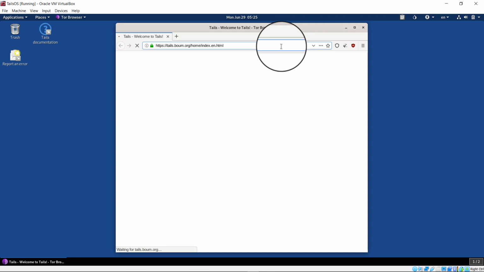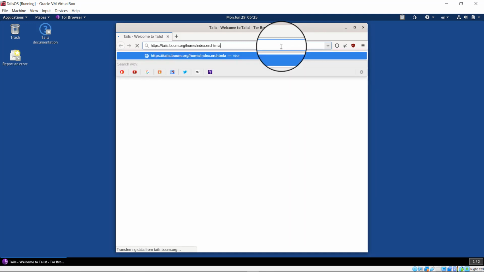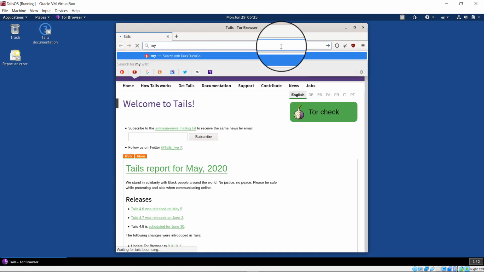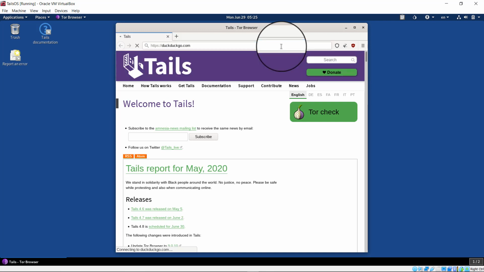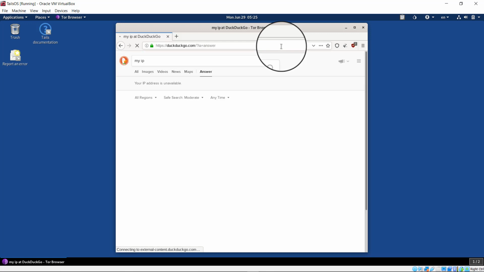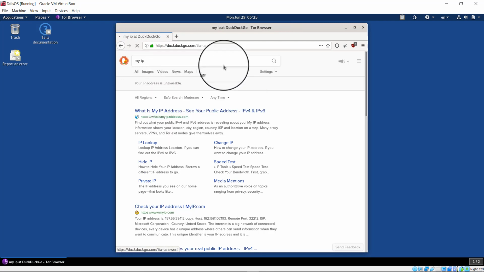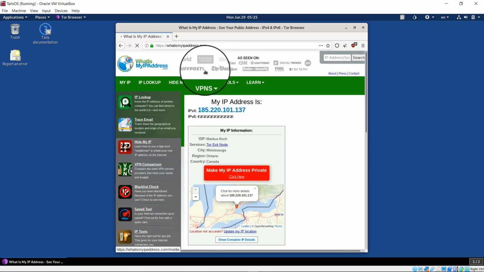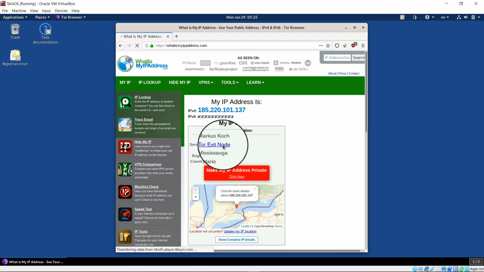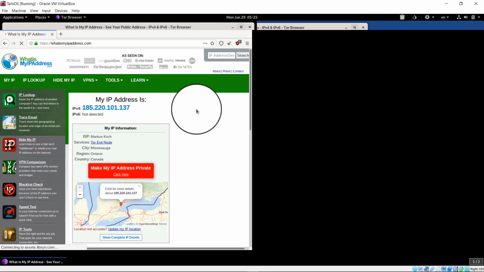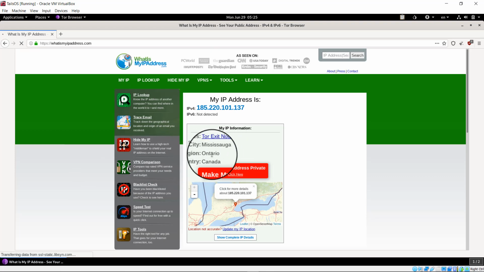Now we can just simply check our IP address if it is hidden or not. Just write my IP. And of course it is working perfectly fine, as this is not my actual IP.